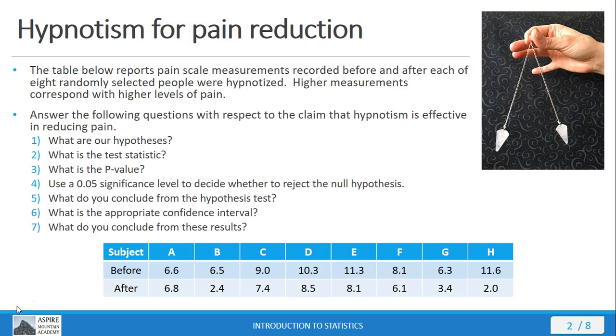So we've got the same standard questions that we were looking at before. And in this mini lecture, I'm going to be letting you take the wheel more. There's a data set, the same data set that you see at the bottom of your screen, in our StatCrunch group. So go into StatCrunch and open up that hypnotism file, so you can get some practice performing the steps for the procedure for hypothesis testing and constructing confidence